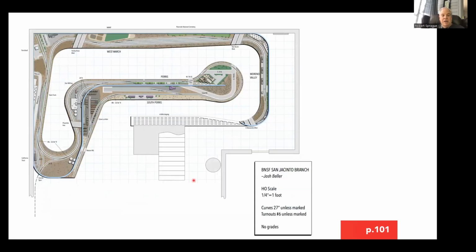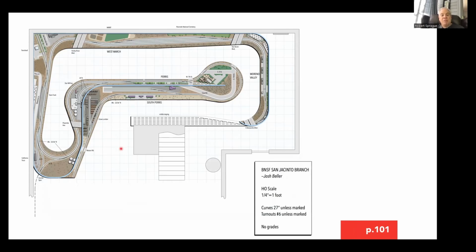This one I like because of its simplicity and the relative lack of ambition of the designer. He had a fair amount of room, and this is how a lot of prototype plans start, I think, in that this is the route he used to commute on in California, and it's out to the far east of Los